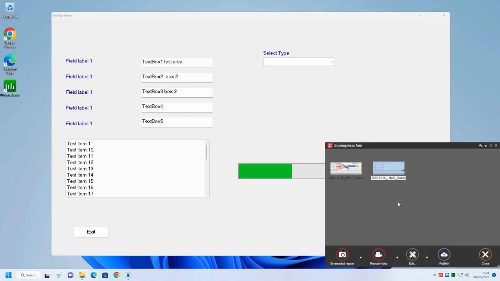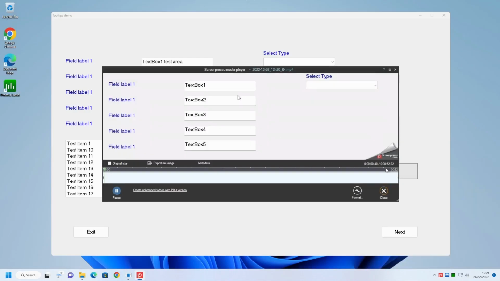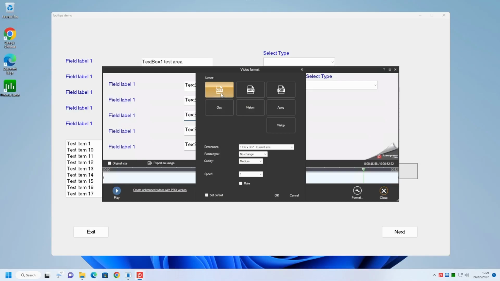And now our video is actually stored in the work area. If we double click on it, we will actually see the video. We can pause this at any point, or jump forward, and we can set the video format. The video format's defaulting to MP4, but you can select other formats.